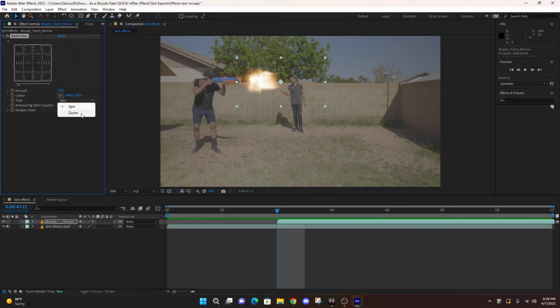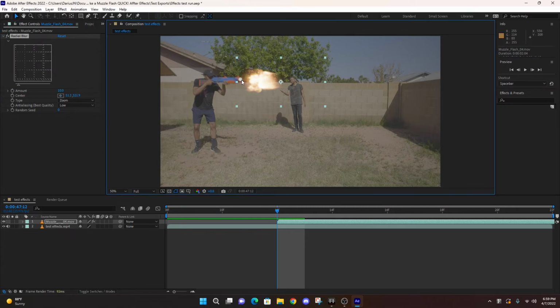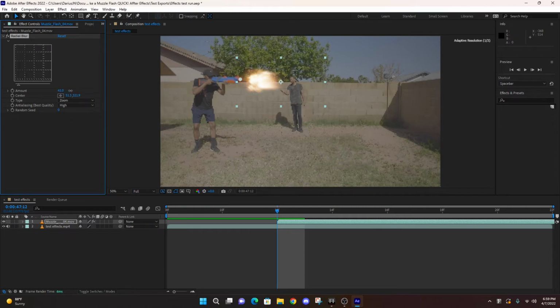We're going to put it on zoom, and we're going to take this pointer right here, the center point, and change it right to where the muzzle flash begins. That is the perfect spot to place it, because we're going to set the quality to high for best quality. Because once you start to zoom, look at this. It takes your muzzle flash and throws it in the same direction the muzzle flash is going. So I'm going to boost this up to maybe